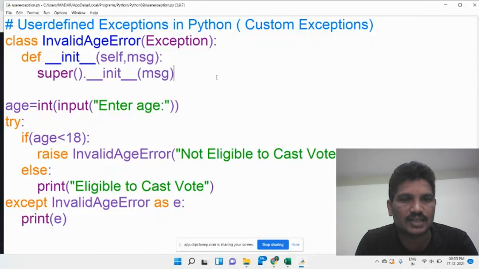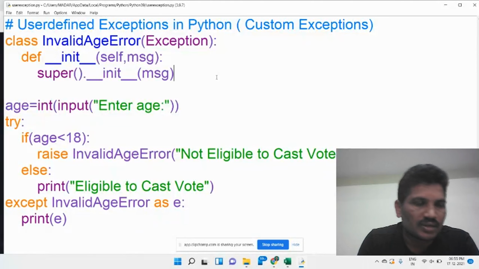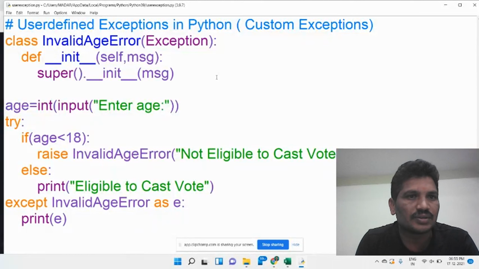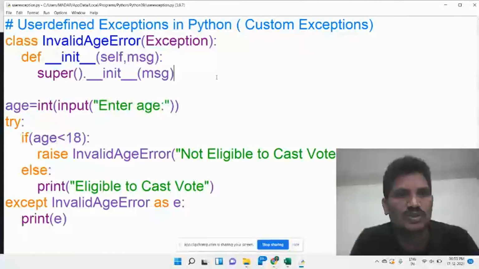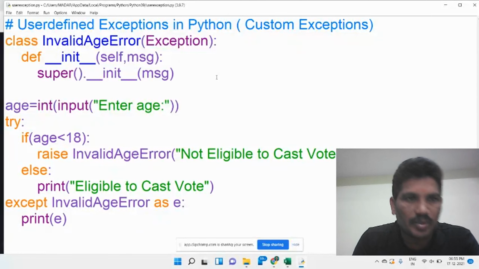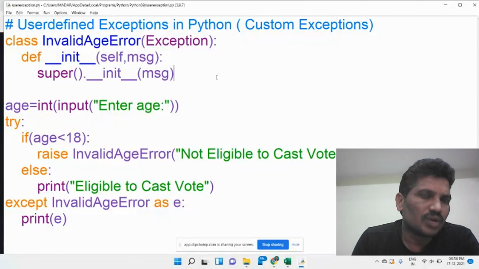Or whenever you read the marks of a student as input, the marks must be positive. Whenever the marks are entered as negative, you can raise an exception, a negative marks error or negative marks exception. That is also a user-defined exception. Based on your application, you can create your own exception class.